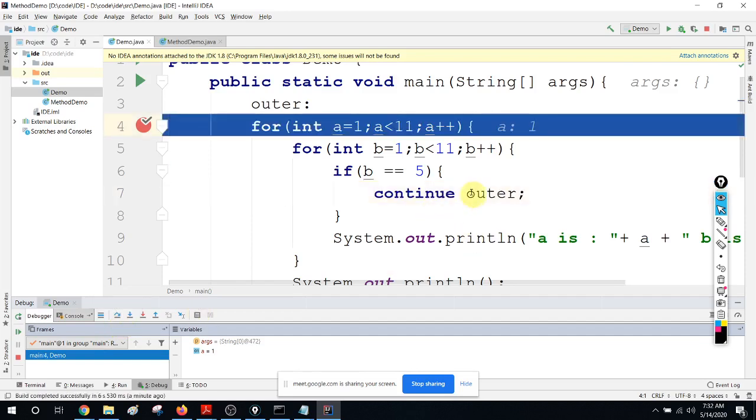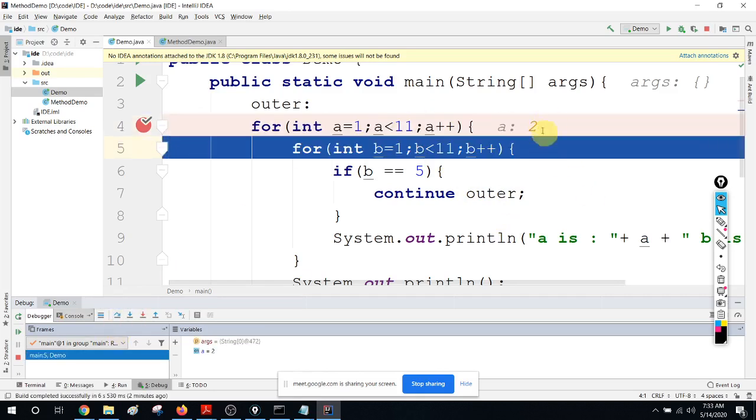Because it says continue outer, not this one, it returned to the outer loop. Now you can see because it's a label continue, it went to the next one. This one, now it will do the incrementation because still A is 1. Now it will do the incrementation. Now you can see A is 2. Likewise, now you can figure out if there are any issues. It helps you to figure out where the issue is, right? So when you are writing complex logic, these are very handy things. Okay, right? So that's it about methods.